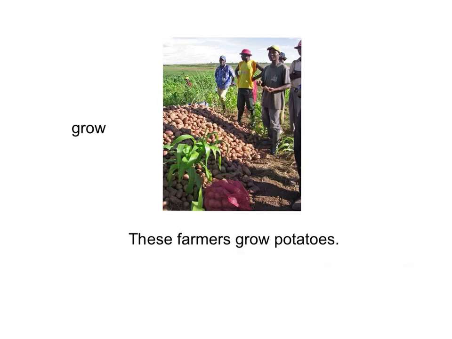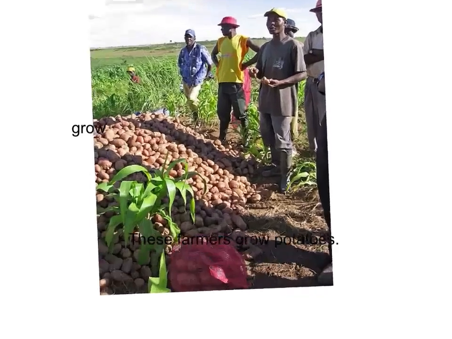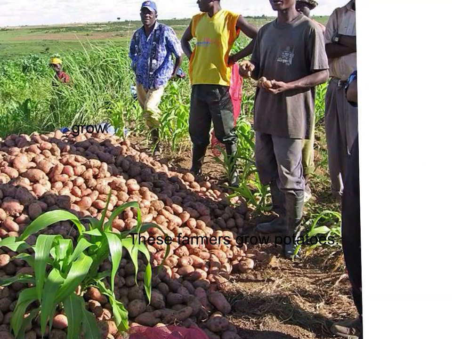Okay, I chose the sentence, these farmers grow potatoes. Is this sentence transitive or intransitive? You're right, it's transitive because we have a subject and we also have an object, potatoes. Hopefully the sentence that you said was similar to this, and you didn't choose something like, the farmers grow, because if you didn't have an object, it would mean the farmers were getting bigger, and you don't want to do that.